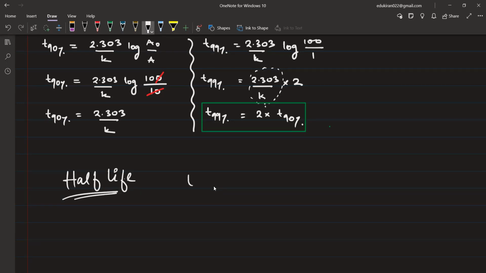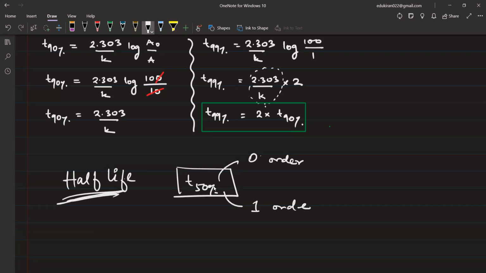We just saw t 90%. So we will look at t 50% for zero order, and also for first order. We will look at the concept of t 50% for both. And after that, we will do some more questions on half-life. Half-life has very interesting questions. So we'll do those questions, and then we will be looking at the effect of